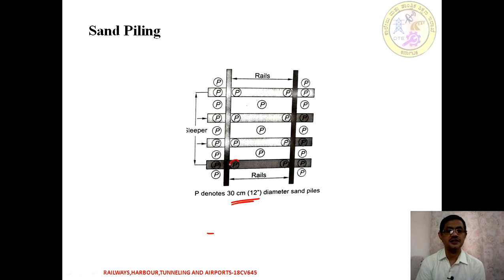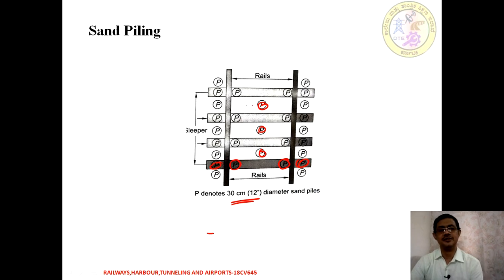So on either side of the track or the sleeper, we are going to have piles on one side. Similarly, at the middle, alternate sleepers, depending upon the intensity, we are going to improvise. So the piles are going to be driven, the clean sand is going to be poured inside, and then the tracks are going to be laid.